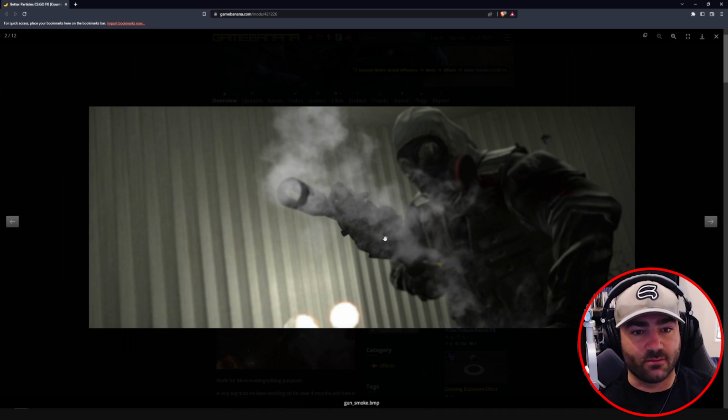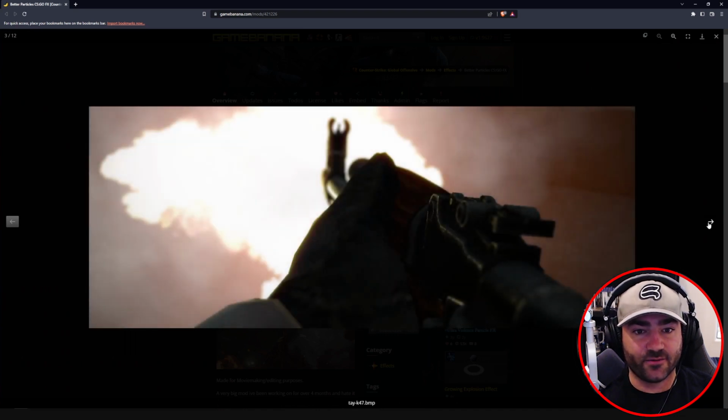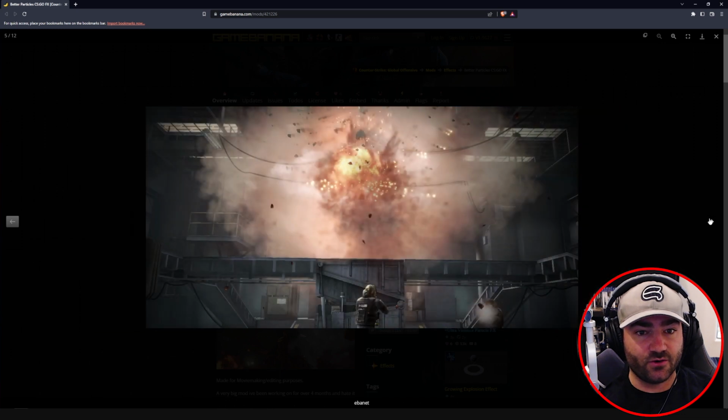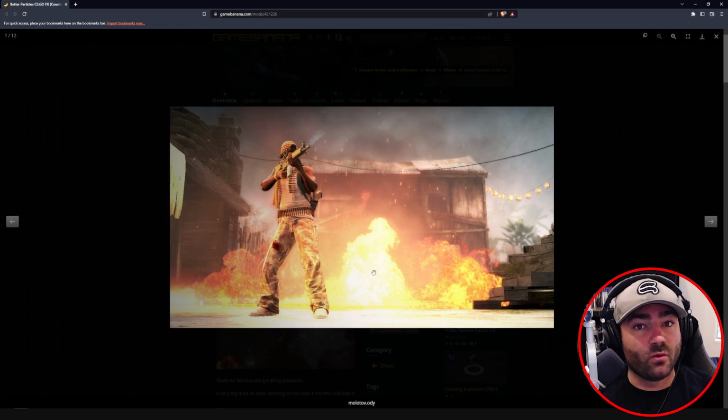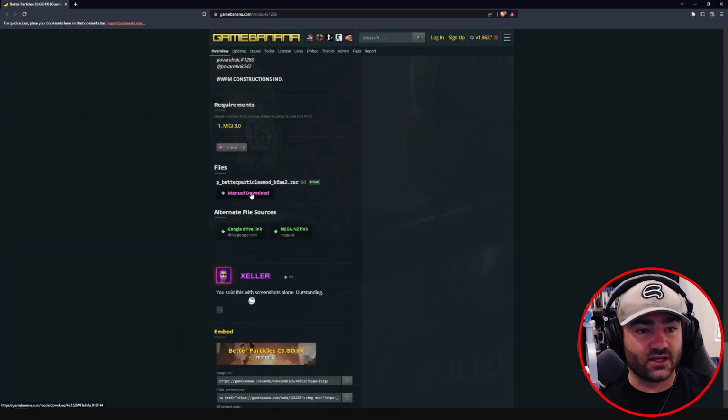Okay, so as you can see, the muzzle smoke is a little different, right? The muzzle flash might be a little different too. The grenade, this is an HE grenade going off. The grenade's going to be a little different. The Molotov is going to be a little more intense. It's going to be a little more glowy. It's going to bloom more. It's going to flicker. All right, so you're going to come down here and basically you can either manually download it